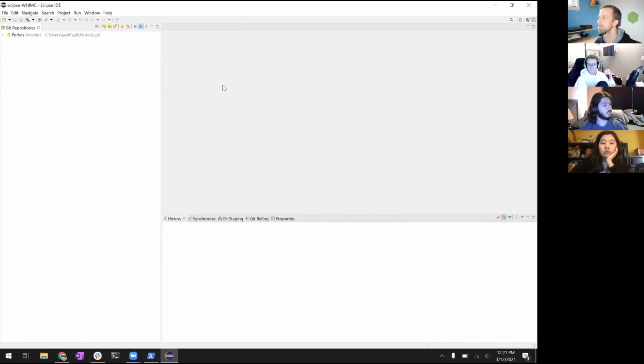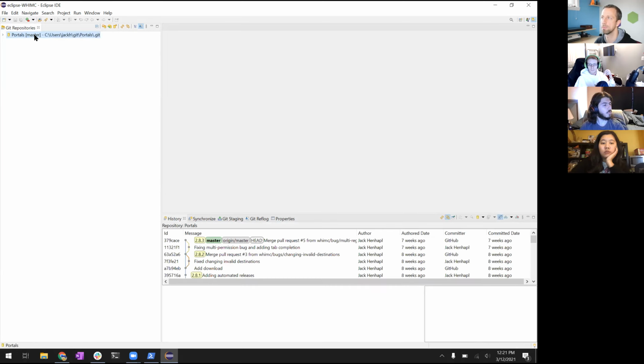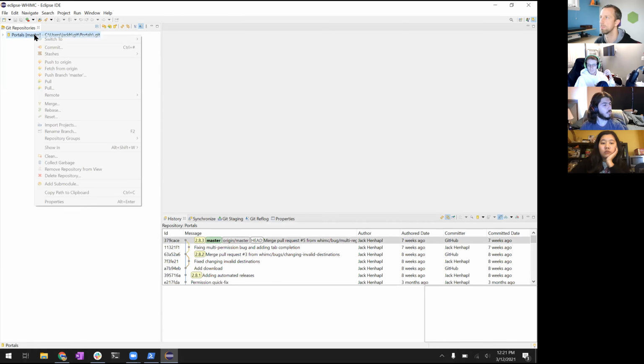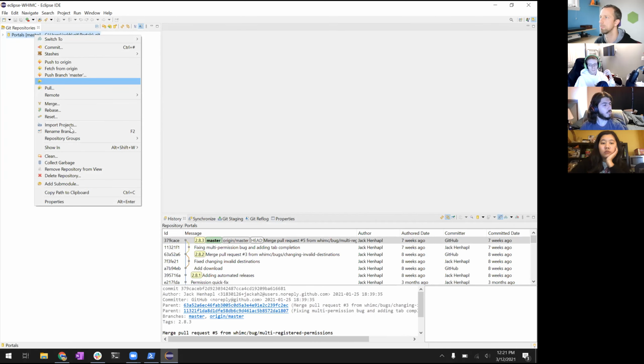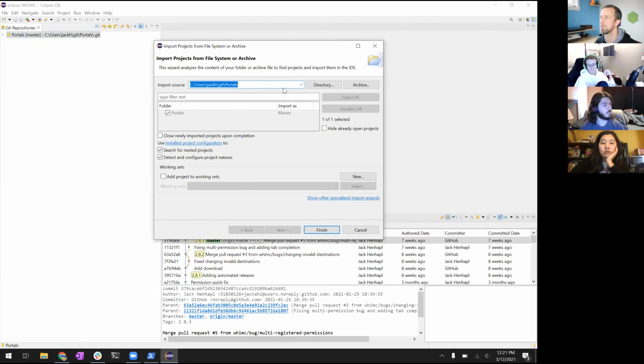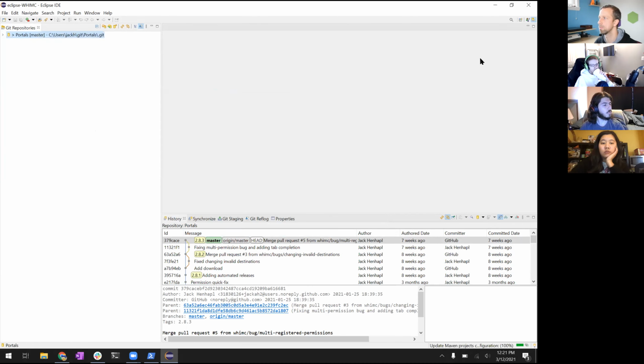All right, let me just scroll down a little. You should notice now that this portals repository is here on the left side panel. Now if we right click the root folder and go to import projects, it should be able to find that there's an Eclipse project that it can import called portals. So let's click finish. Now if we swap back over to the Java view,